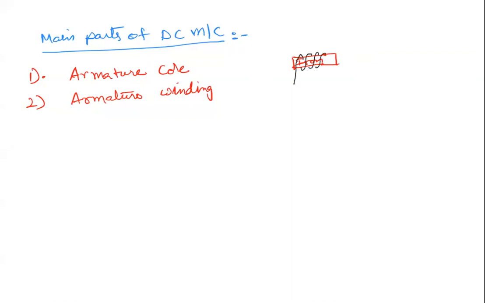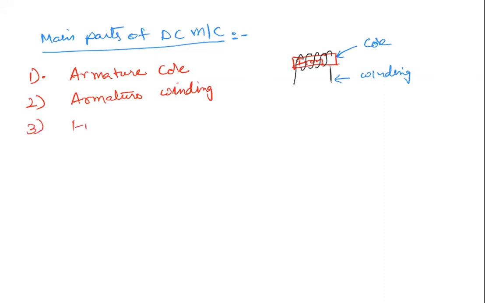Okay. So the iron piece, this one, is called the core, and this wire is called the winding. So in every generator and in every motor you must have a winding, right? Now you may have a number of windings, right? So next, the third one. What is the third one? The third one is a